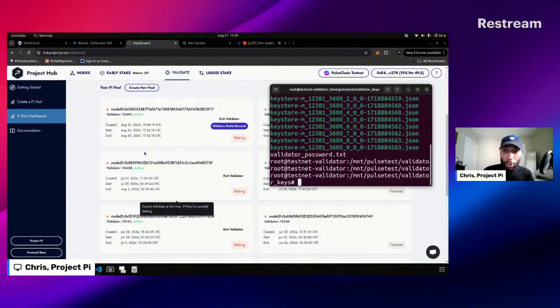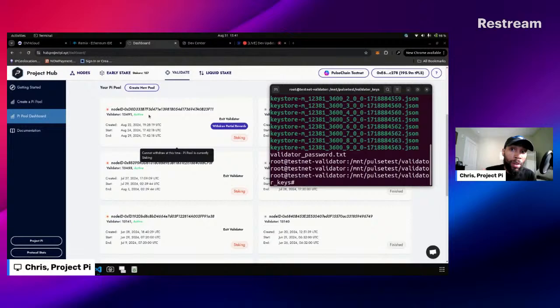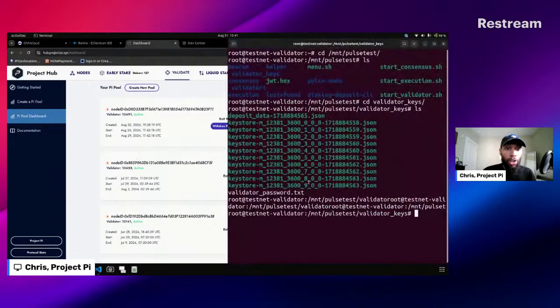Okay, so where was I? Oh yeah, so the validator index in each Pi pool is going to have a unique status. So if I were to look for, let's see, do cat,